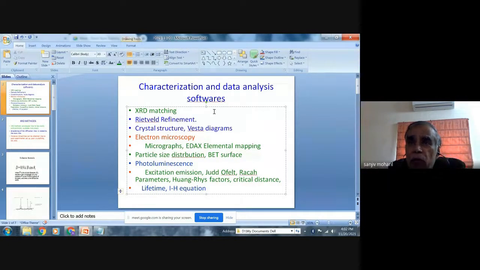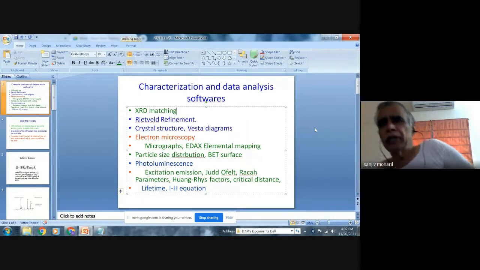For that, XRD matching is very handy. In this case, we take the X-ray diffraction pattern of our sample and try to match it with the standard pattern.